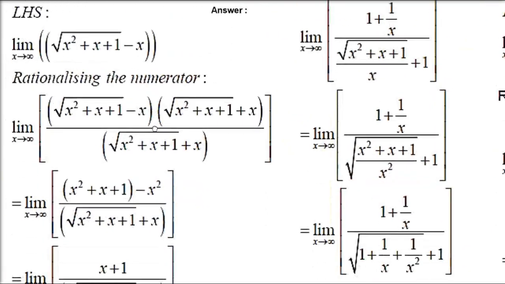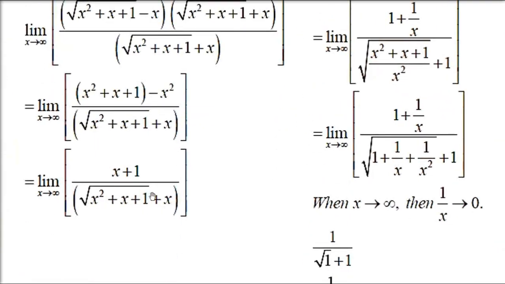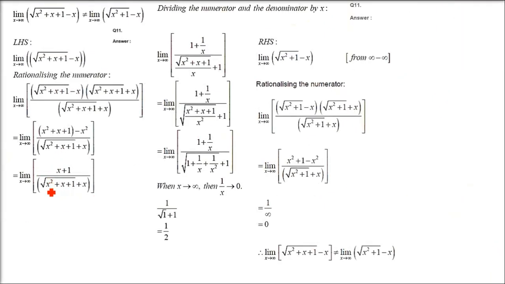Now from here you will divide numerator and denominator by x. Take the highest power. The highest power is x only, because even if you see x square, it is inside a root, so it will be only x. So divide numerator and denominator by x: x plus 1 by x, divided by under root x square plus x plus 1. When you take x inside, it will be x square inside the root, so x square plus x plus 1 by x square, and you have x by x. So in the numerator, x by x is 1, plus 1 by x. It will be 1 plus 1 by x.